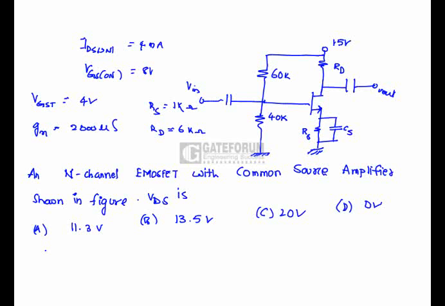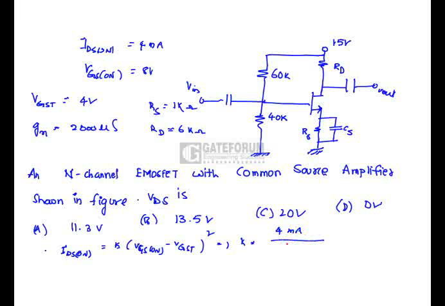VDS on and VGS on are given as the values of a MOSFET whenever it is on. VGS is 4 volts, GM is 2000 microsiemens, RS is 1K and RD is 6K. So IDS on is K times (VGS on minus VGST) square, from which we will get K as 4 milliamps